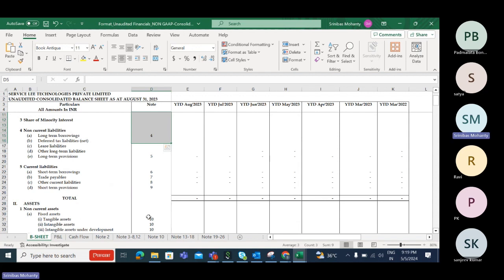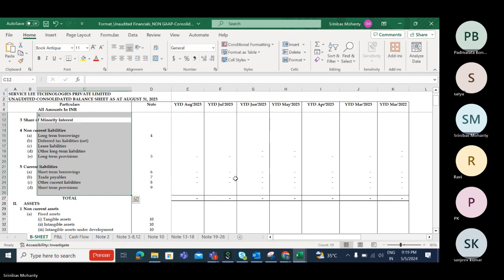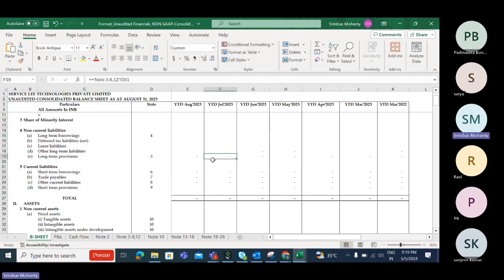If your balance sheet assets and liabilities are not matching, that means there is some error in the accounting, or some posting has not happened or is mismatched. Accounting is not proper, hierarchy is not proper. That you have to find out. That means first you have to select all the assets and then liabilities. So in this case, for example,